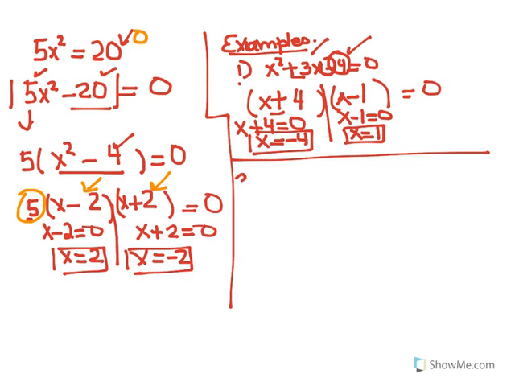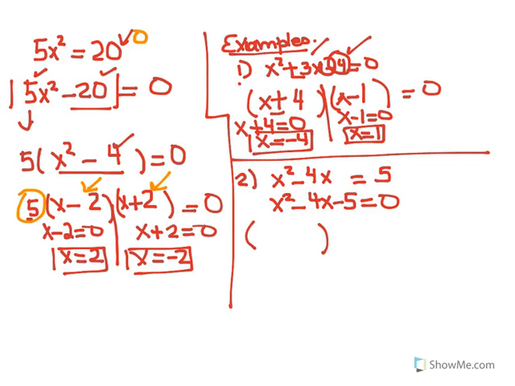Let me do a second example. X squared minus 4x equals 5. I'm going to write this in standard form. So subtract 5. Now that I have it written in standard form, I'm going to factor